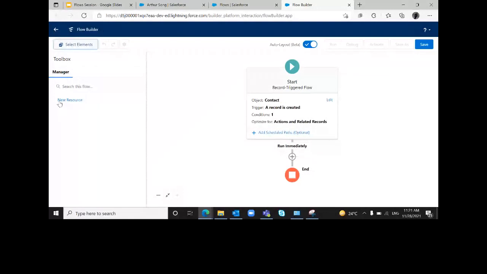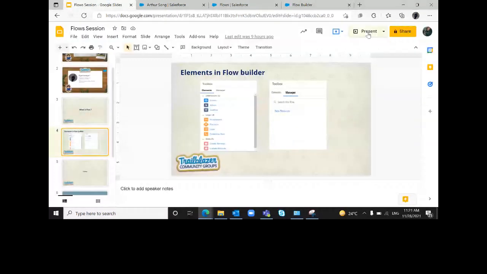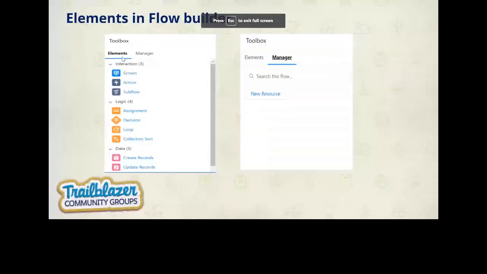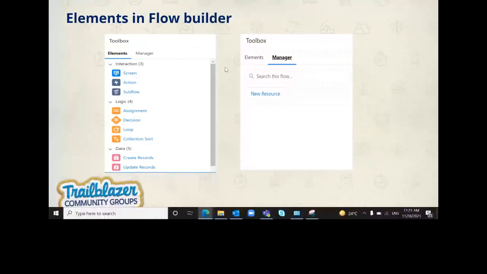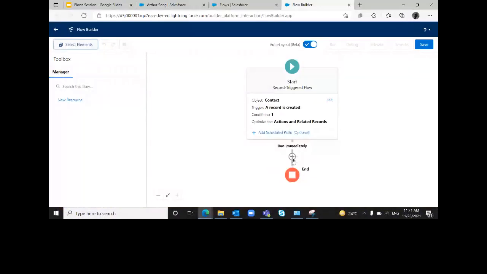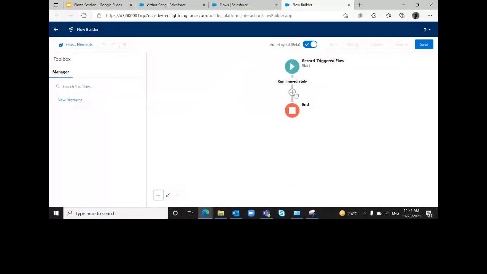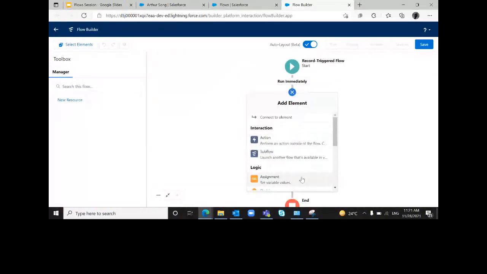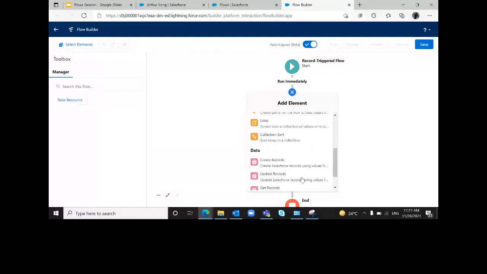Now we can see only the manager tab over here, but there's no element tab. We saw that earlier we were having a manager tab and also an element tab, but on the layout we can't see the other tab. So this is the new functionality of the auto layout, in which you can see all the elements over here. All the elements are available here, so we can see everything here only.